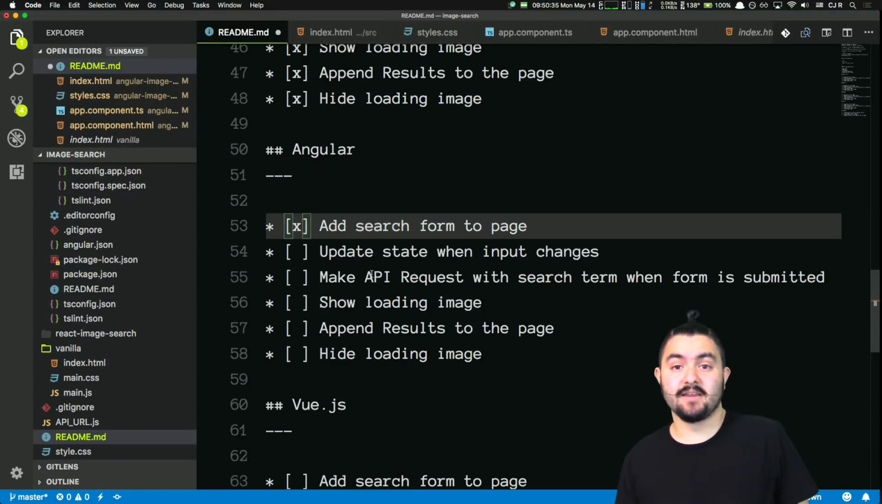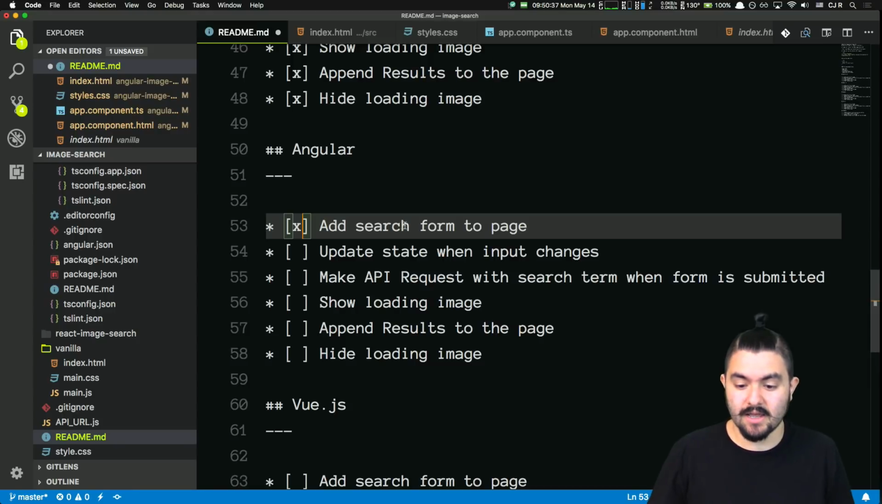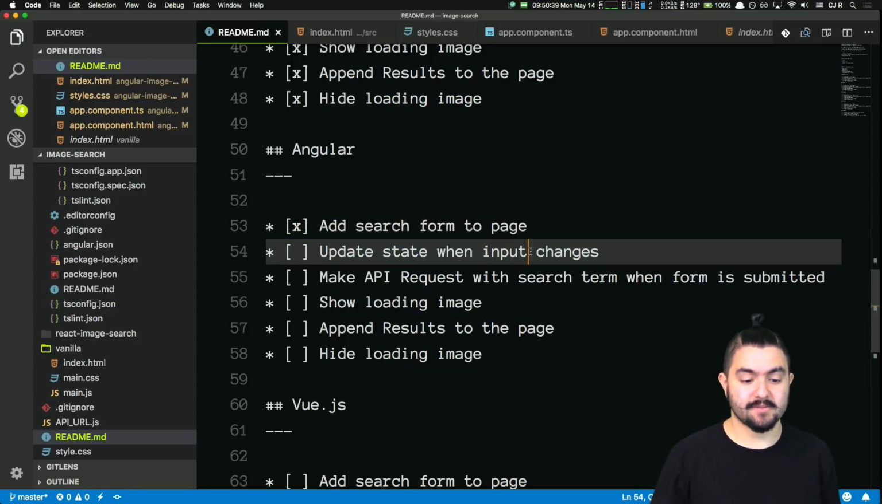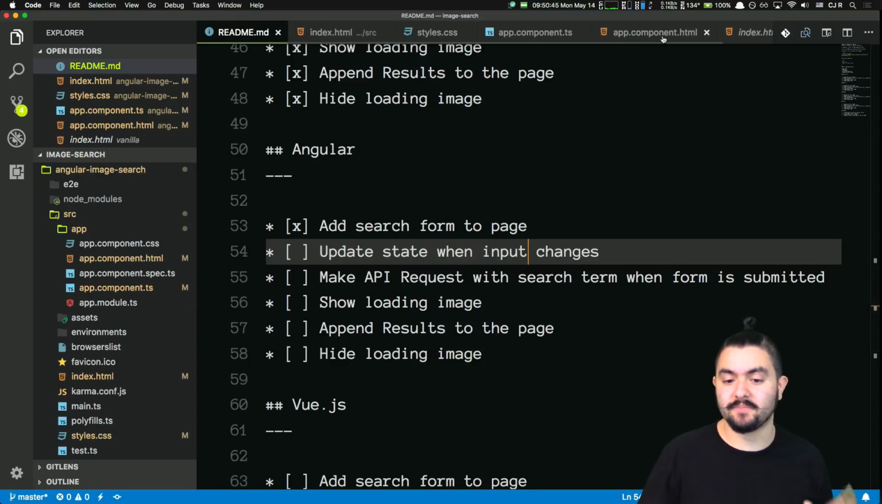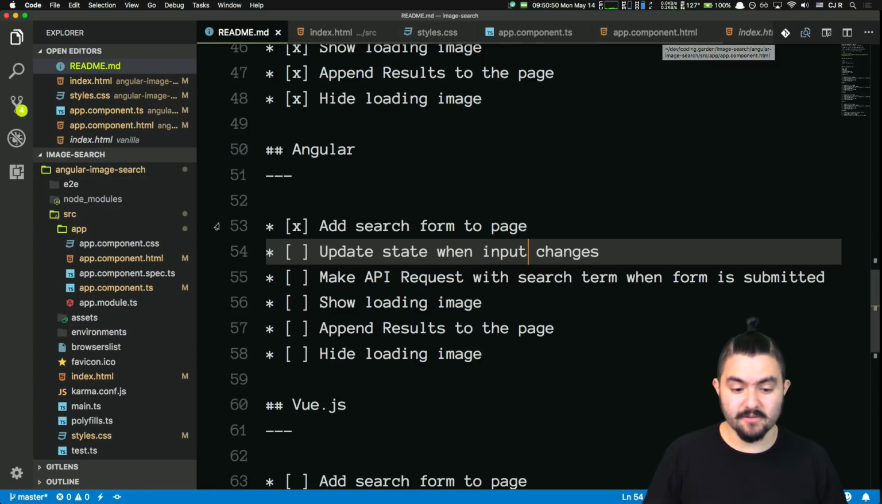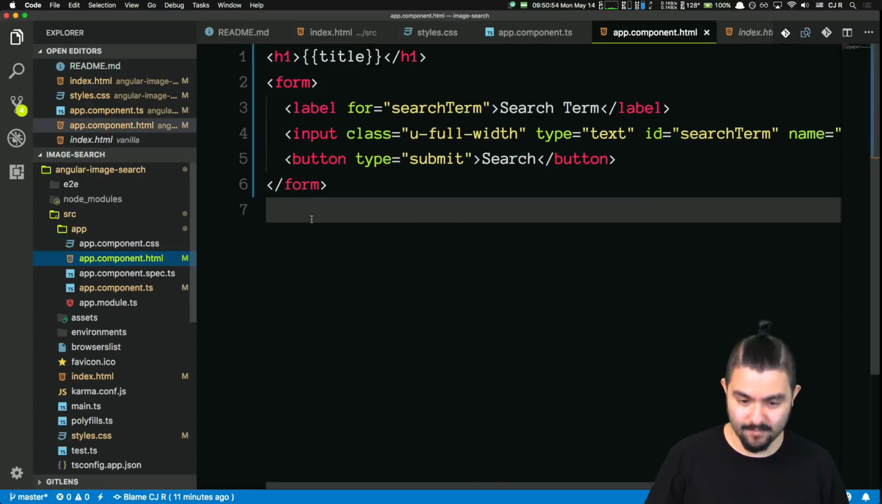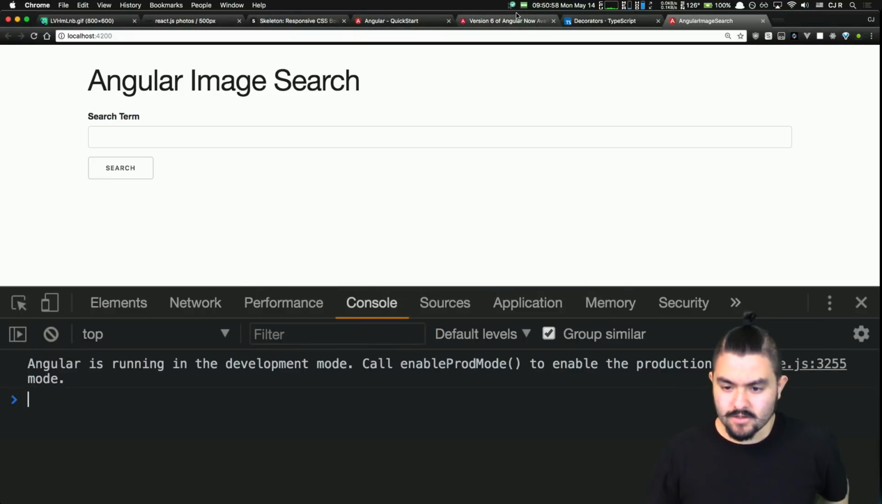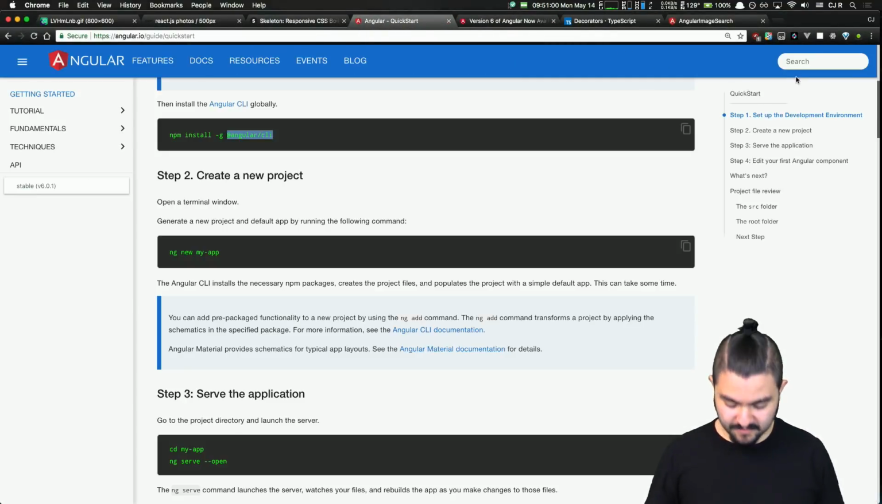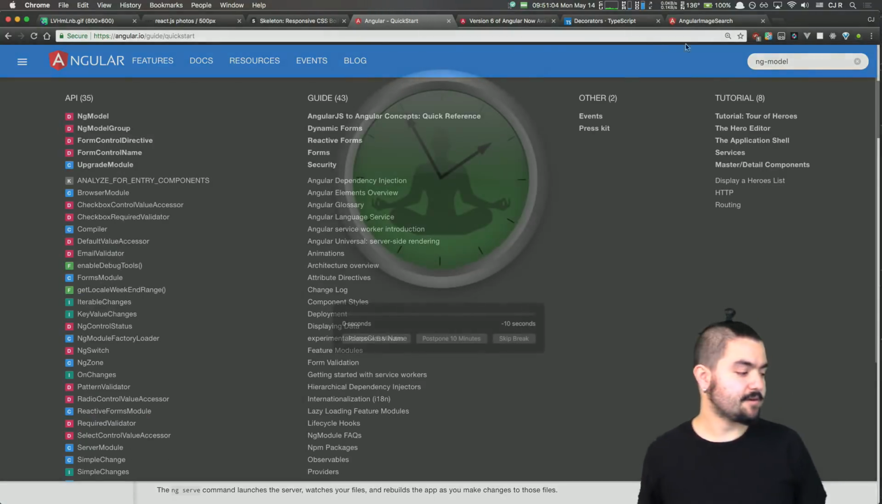Now, update state when input changes. Angular has a pretty cool way to do this, and it essentially is two-way data binding. So instead of having to manually hook up the change listener like we did with React, there is a built-in way of listening for changes on an input. And for that, we're going to go to the docs. So I believe if I search for ng model,